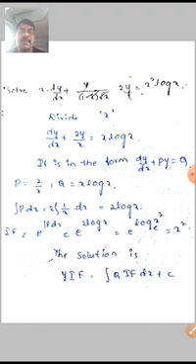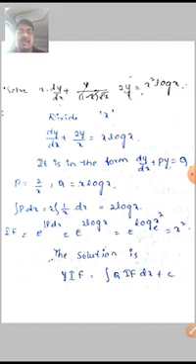We are dividing on both sides by x: dy by dx plus 2y by x is equal to x log x. It is in the form of dy by dx plus p of x into y is equal to q of x. Here p is equal to 2 by x, q is equal to x log x. Integration of p dx is equal to 2 into integration of 1 by x dx, which is equal to 2 log x.